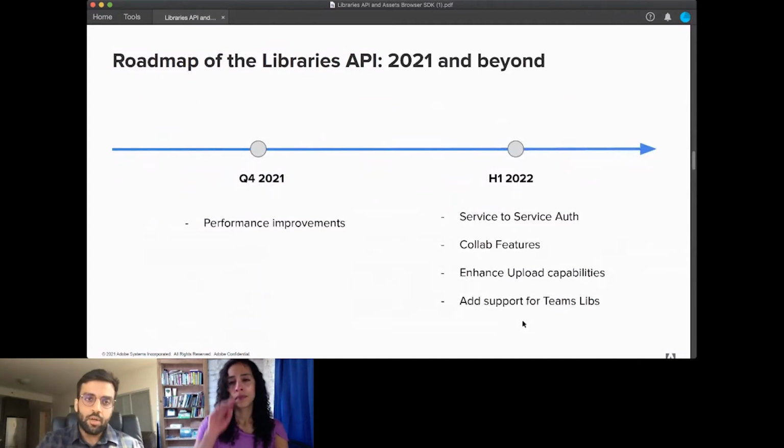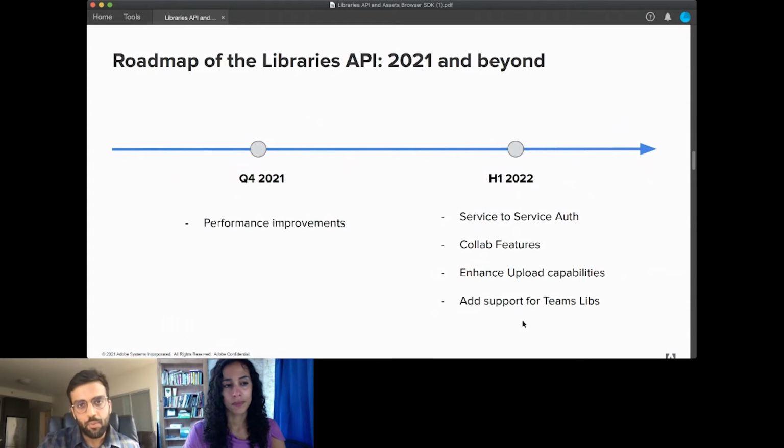Because this is such an important and strategic piece of delivering the experiences in this modern day world of digitalization, we want to continually invest in not only the libraries product itself but also the API. So in Q4 of 2021 we continuously improve the API to make it even more performant than what it is today, and then in first half of 2022 we are thinking of adding support of service to service authentication through JWT. We are also actively thinking about adding more collaboration features so that you can use the APIs to provision